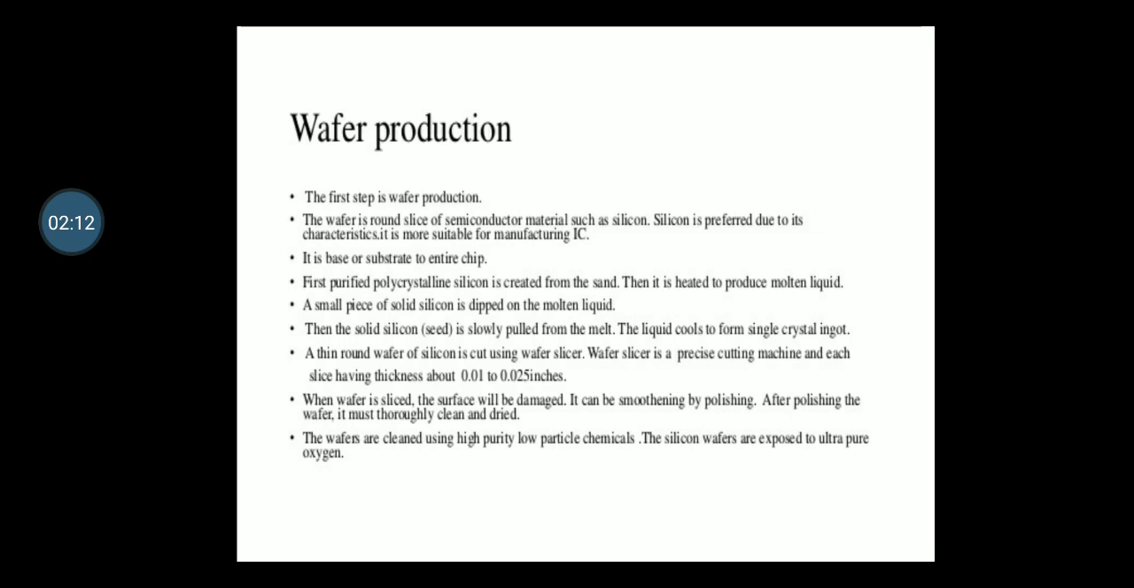First, purified polycrystalline silicon is created from sand. Then it is heated to produce molten liquid. A small piece of solid silicon is dipped into the molten liquid. Then the solid silicon is slowly pulled off from the melt. The liquid cools to form a single crystal ingot. A thin round wafer of silicon is cut using a wafer slicer. The wafer slicer is a precise cutting machine and each slice has a thickness of about 0.01 to